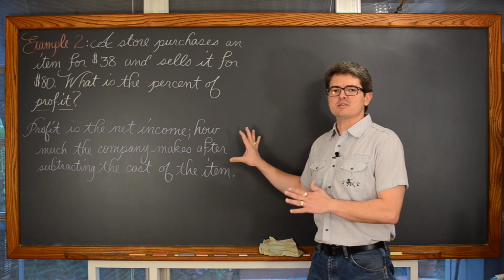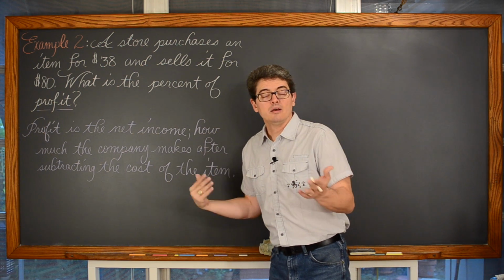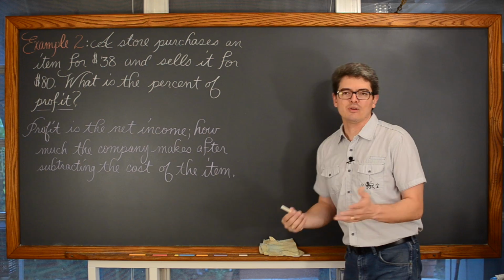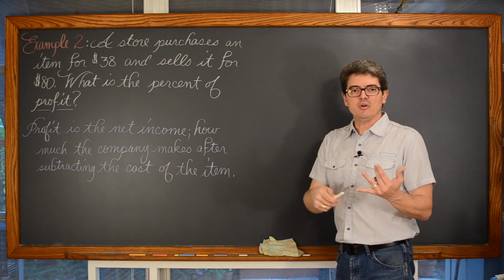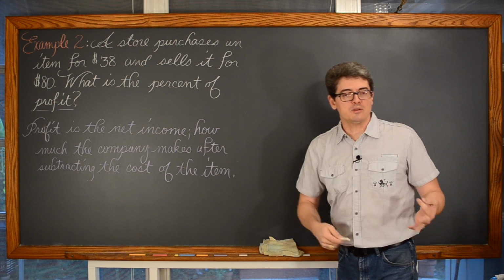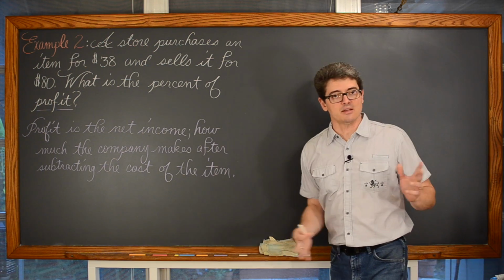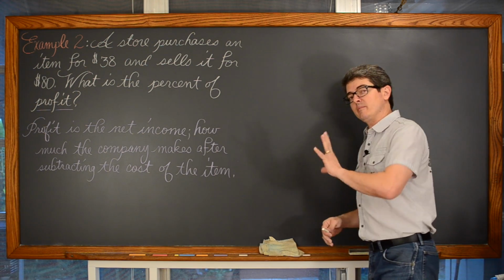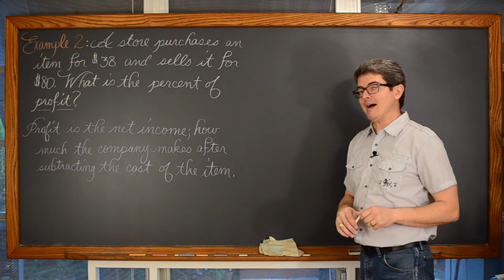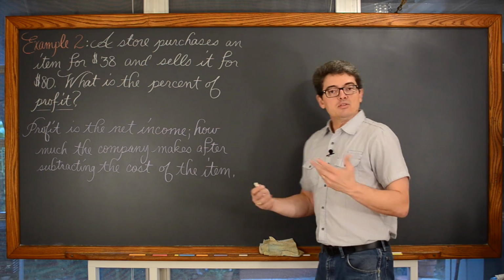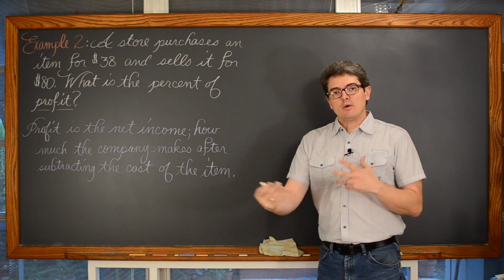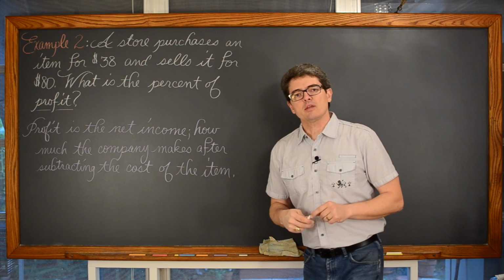Now, this is a simplified sort of Algebra 1 version of this type of problem. Real businesses have to pay for the building, they have to pay for the employees, they have to pay for utilities, they have to pay for insurance, they got to pay for all kinds of things, taxes, but we're just going to be looking at the original cost of the item. Now we're going to do this again 2 different ways, one way with the equation, one way with the cross multiplication setting, and I want to do that first with this one.